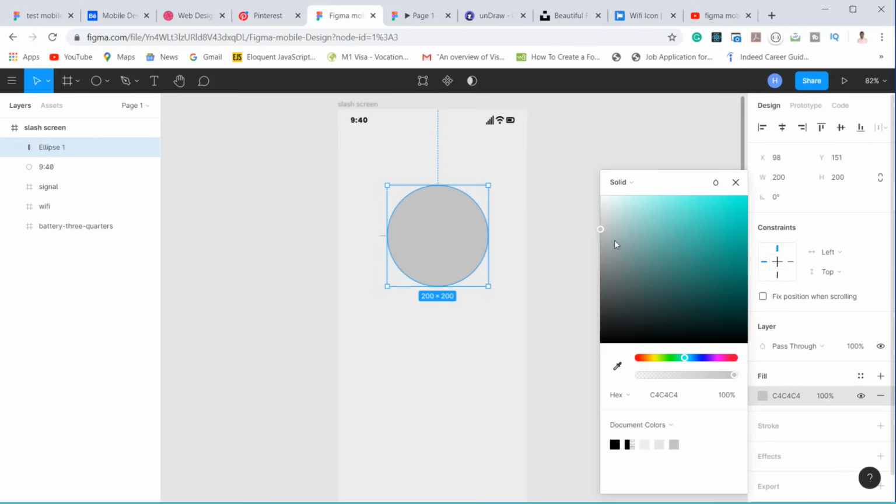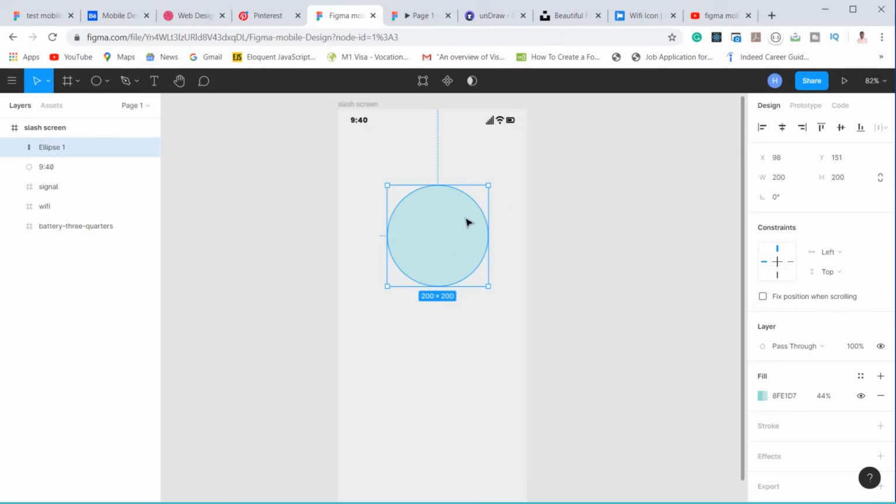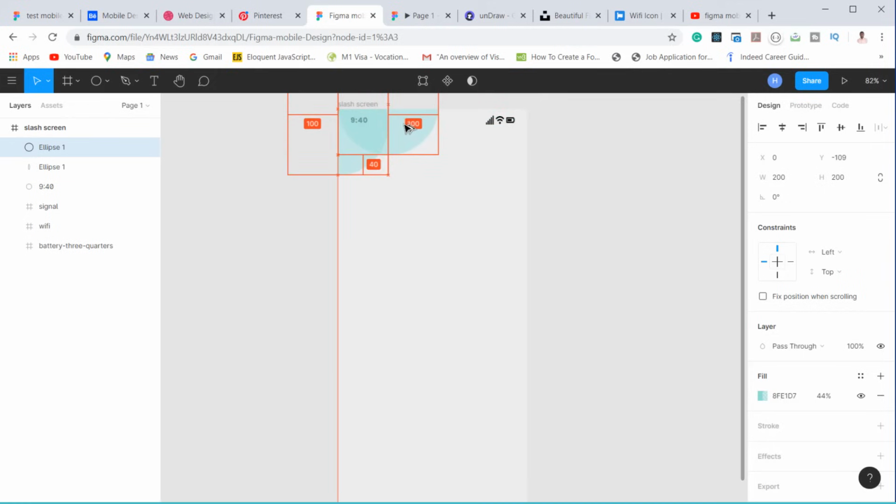What kind of fill color am I using? Okay, something like this, light or dark. Okay, dark. Then I'm going to reduce the opacity, make it more transparent. Then I'll drag it to the top. So I'll duplicate this by holding my alt key and click and drag. I've duplicated this. So I have this, and